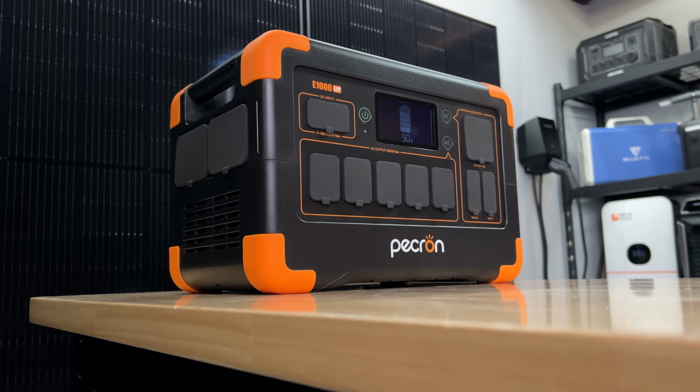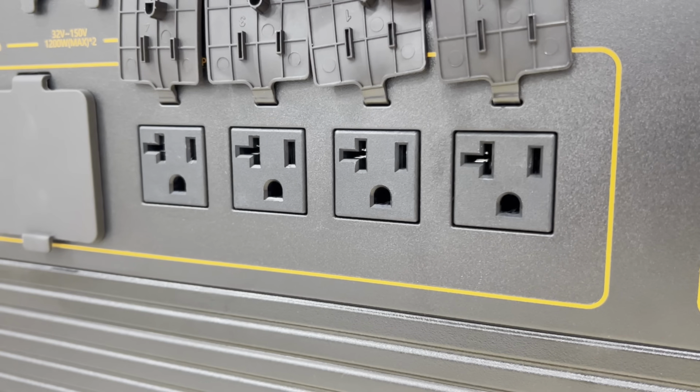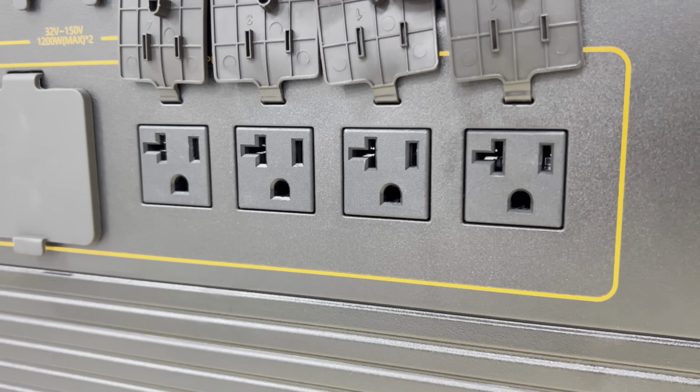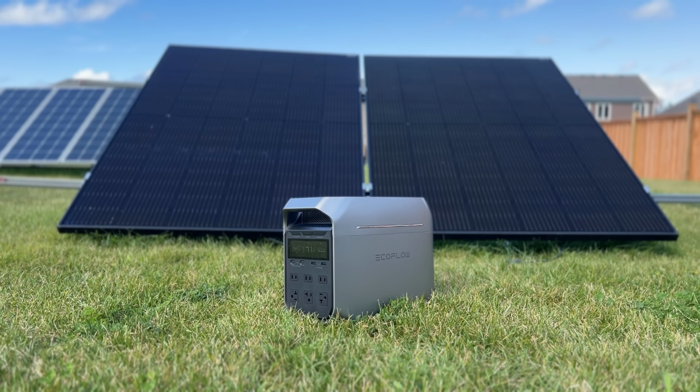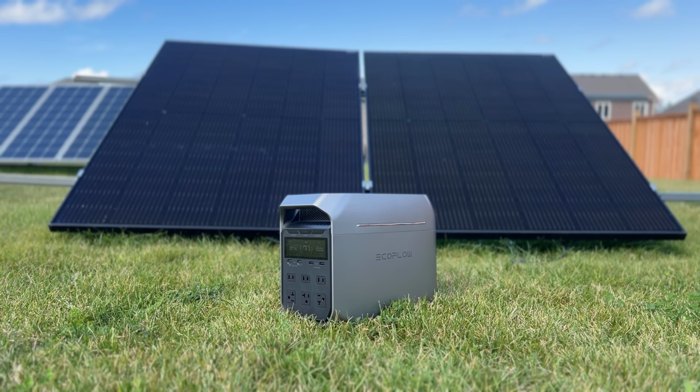More plugs is better. The more plugs a unit has, the less amount of time you're gonna spend looking for your power extension cables and things that you probably forgot at home that you should have brought with you. I always default to the most amount of plugs as possible so that I can just plug things directly in. I lose accessories. And like we said, solar input is huge, but if you're gonna buy solar panels, don't buy